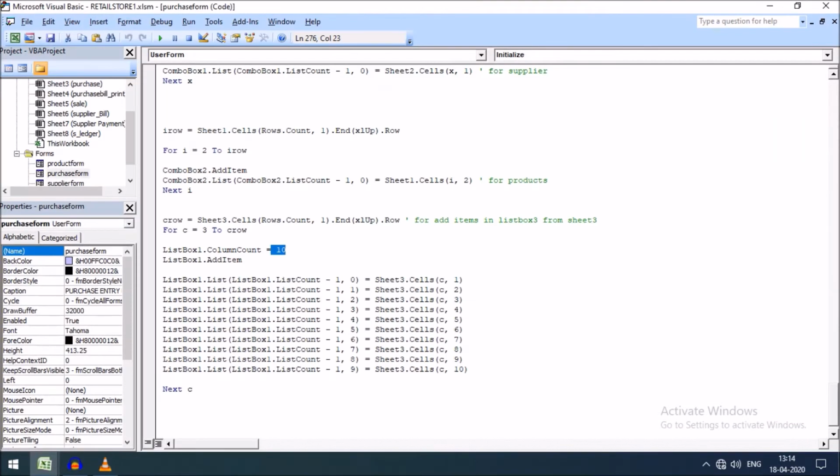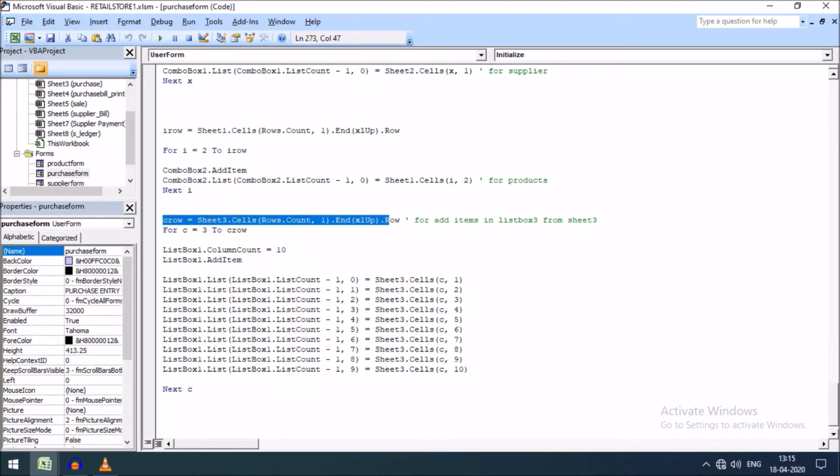So I have taken ListBox1.ColumnCount equal to 10, and now ListBox1.AddItem. Here you can see the index is 0. This means the first column of the list box will be assigned the value from the first column of sheet 3.